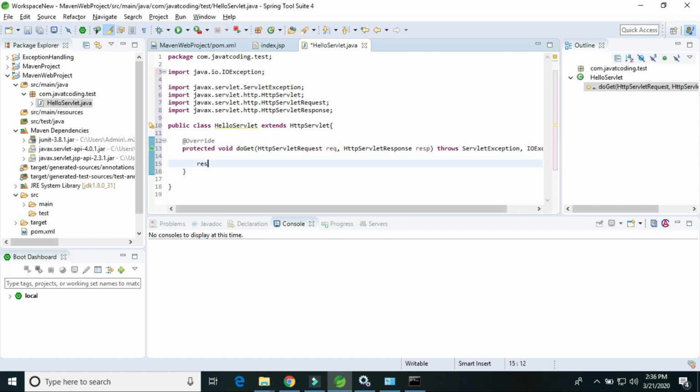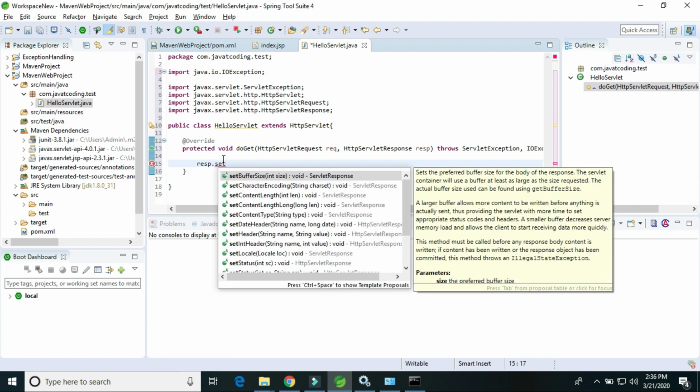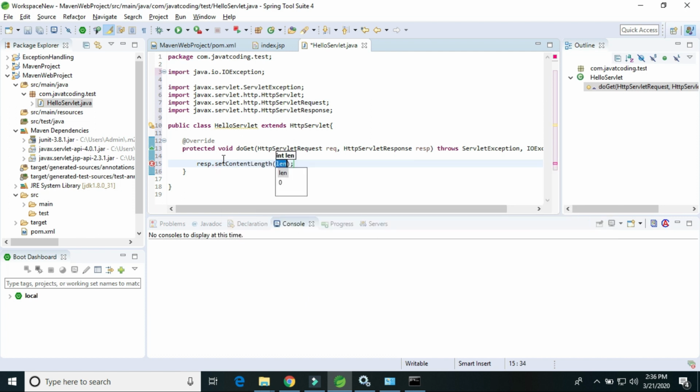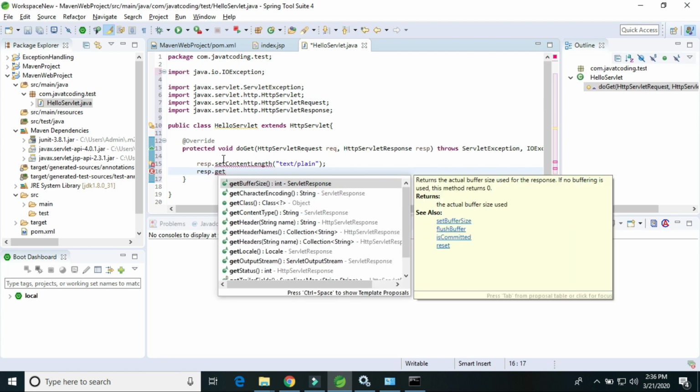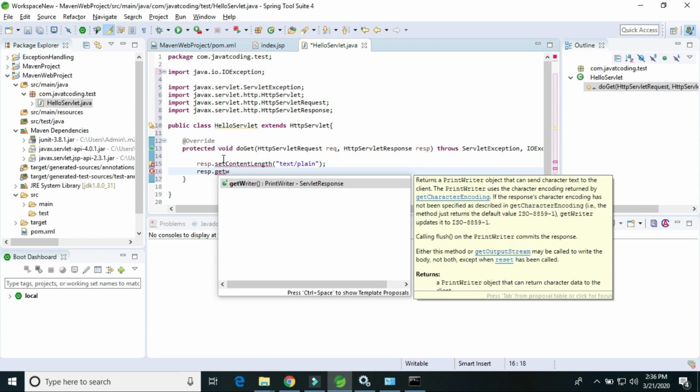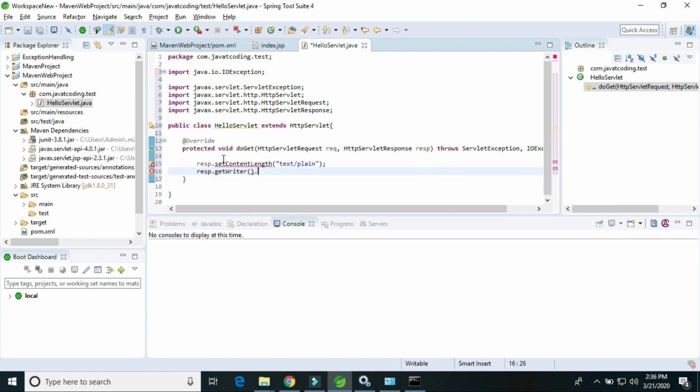The response set content type, text plain, and the response dot get writer dot write